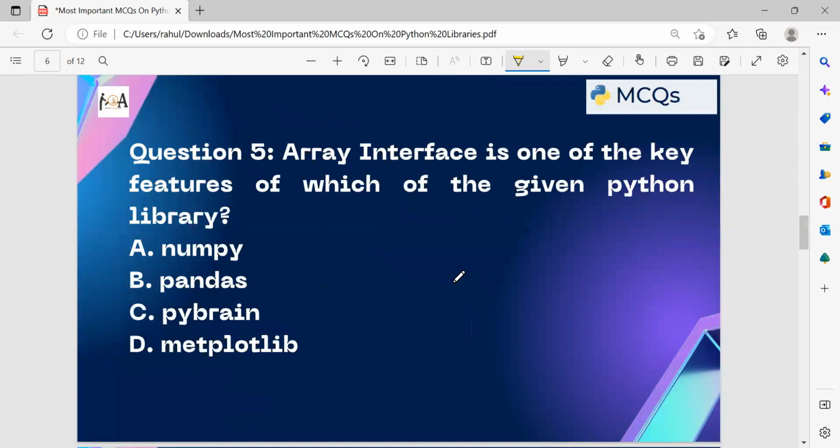Question number 5. Array interface is one of the key features of which of the given Python library? NumPy, pandas, pybrain, or matplotlib? What you need to do? Array interface.